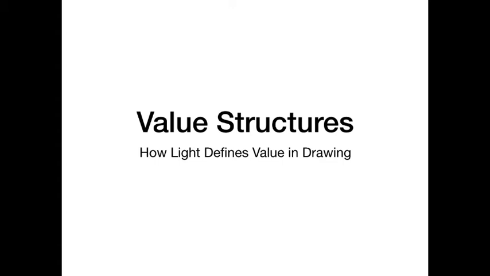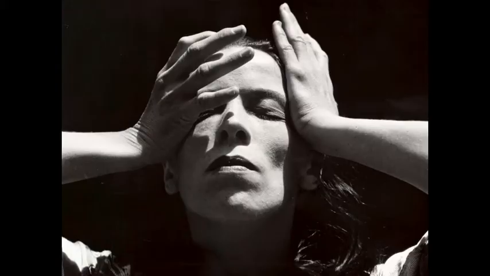Today we're going to be talking about value structures. Now there's many different types of value. There's value that is for purely emotional content. There's value that emphasizes texture. What we're going to be talking about today is value as it relates to light and how light falls across